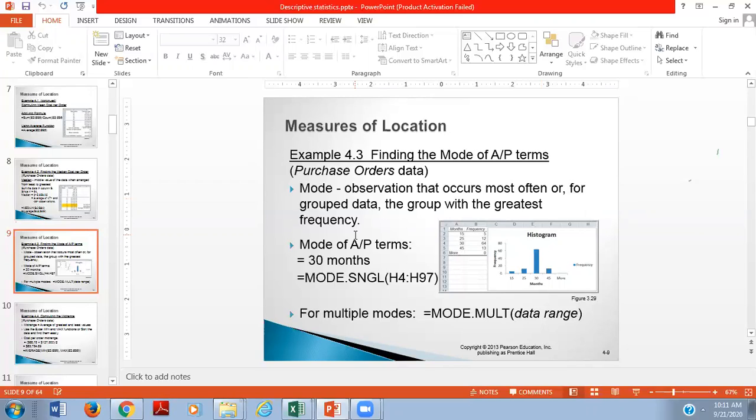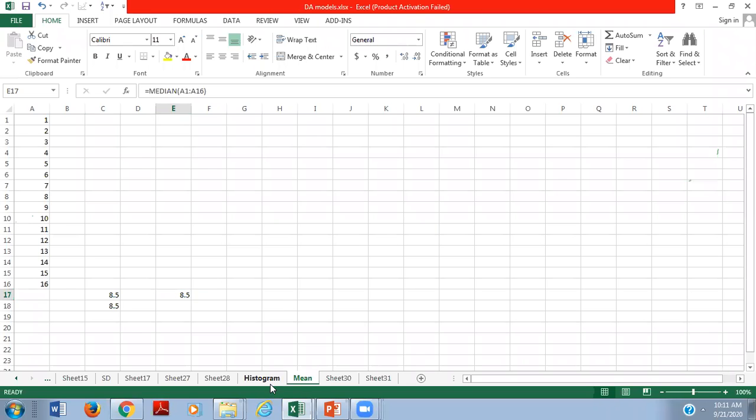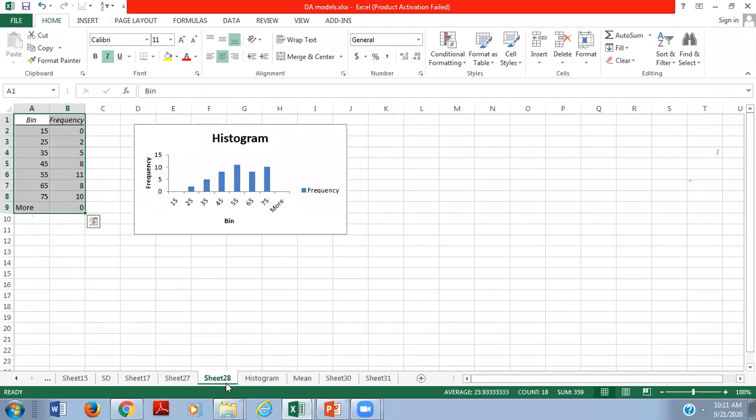I have shown you one histogram concept earlier also. This one, right? In this histogram, we can know. Just see here, frequency is written in front of you on the Excel sheet, right? So what is the mode here?